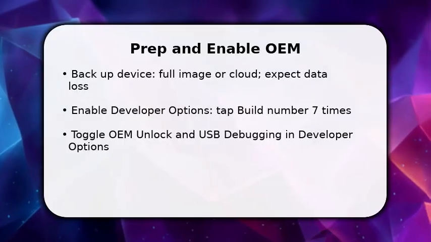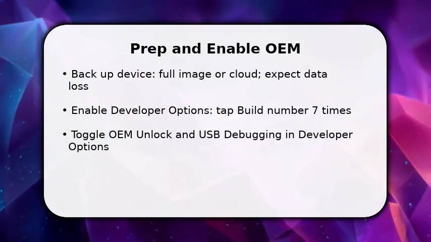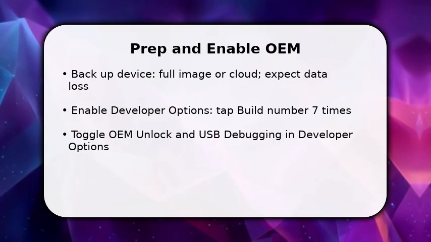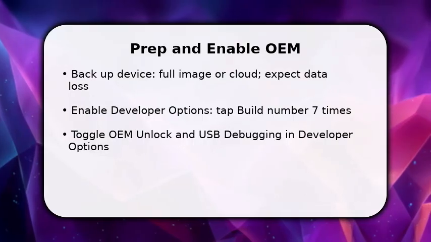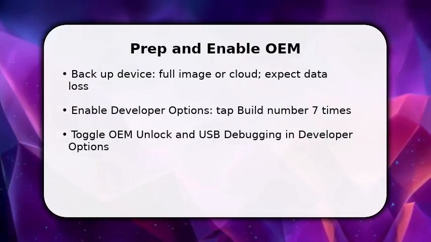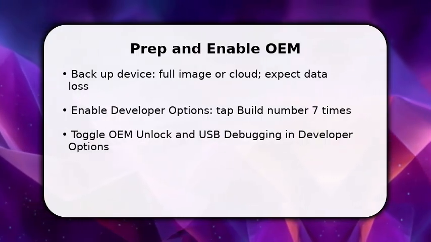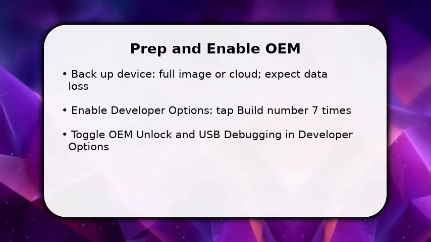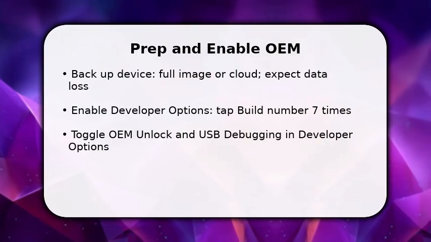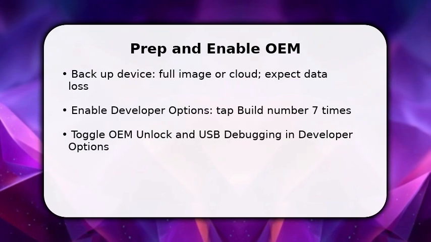You start by preparing the device and enabling the one setting that lets the bootloader move. This prevents simple mistakes. First, back up everything because unlocking erases user data. Once done, open Settings, find Build Number and tap 7 times to unlock developer options, then enable USB debugging. Make sure OEM unlock is visible and switched on. If it's grayed out, sign into the device's primary account and wait up to 7 days for the toggle to